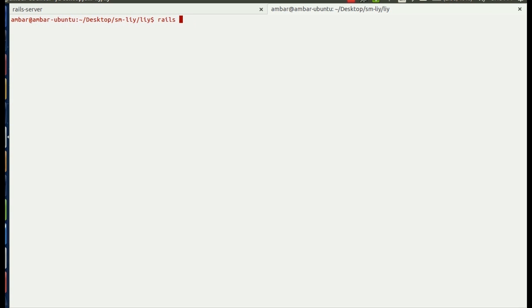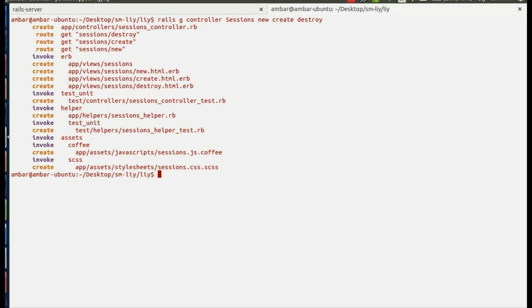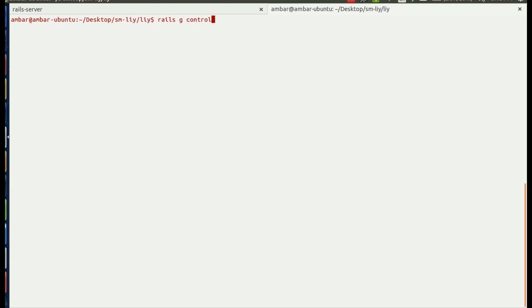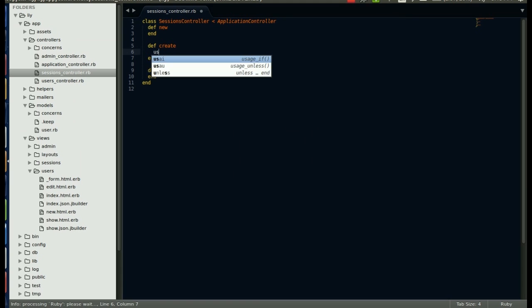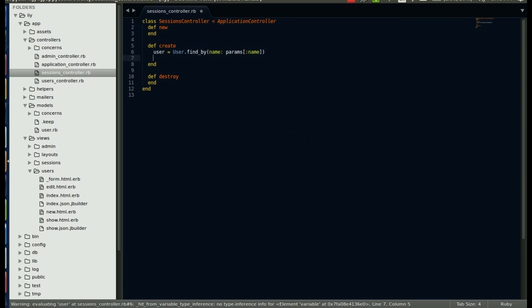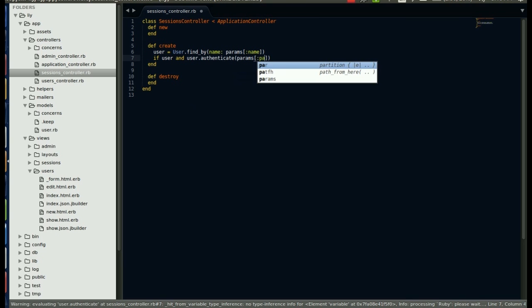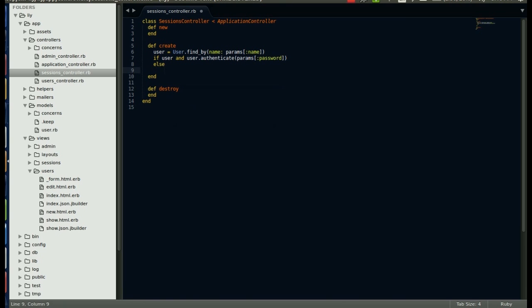Now we will create two new controllers, sessions and admin, which contains a view called index. Now up until now, we have created a database of users. What we will do now is check whether a user is signed in, and if not, restrict access. The sessions controller is to check whether the user is logged in. The admin controller contains a page the user who has just logged in is redirected to.